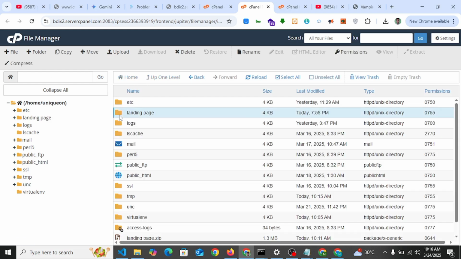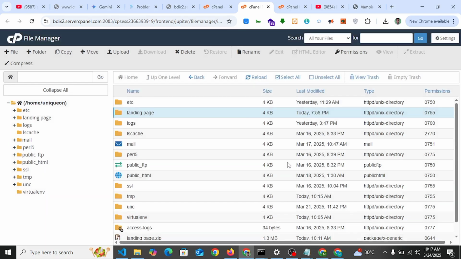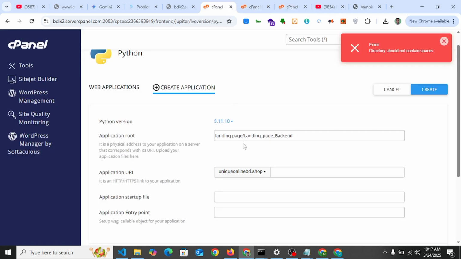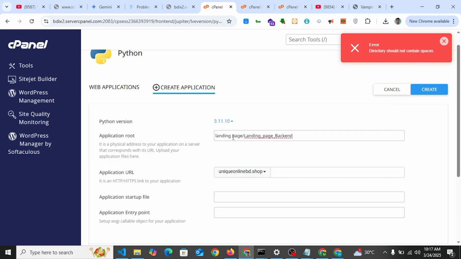Just click the landing page, then rename. We can just add an underscore here. Okay, fine. So then here আমরা এখানে জাস্ট একটা আন্ডারস্কোর অ্যাড করে দিচ্ছি, কারণ হচ্ছে আমাদের একটা এরর দেখাচ্ছিল যে ডাইরেক্টরি শুড নট কন্টেন স্পেস, মানে স্পেস যেন না থাকে। সো নাও উই জাস্ট অ্যাড দ্য আন্ডারস্কোর।